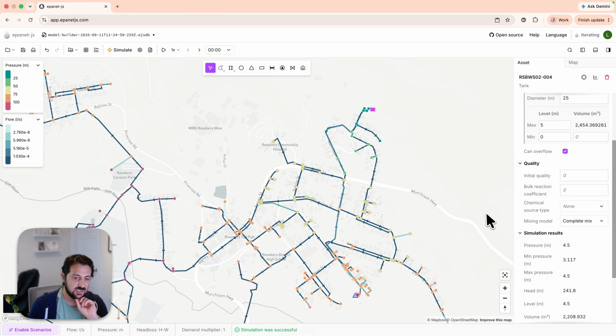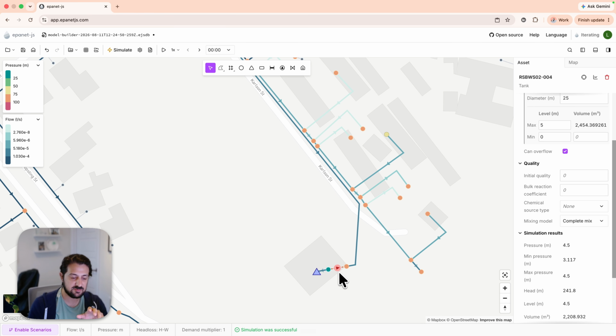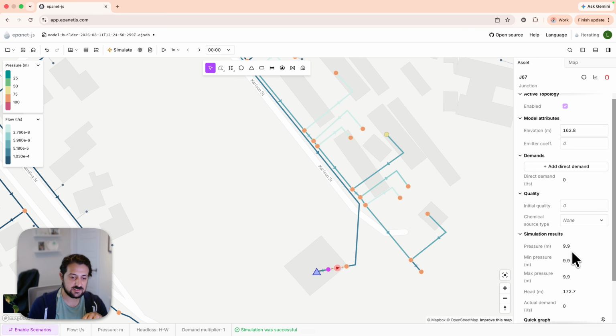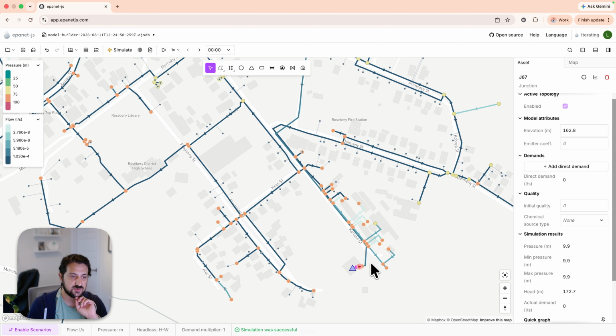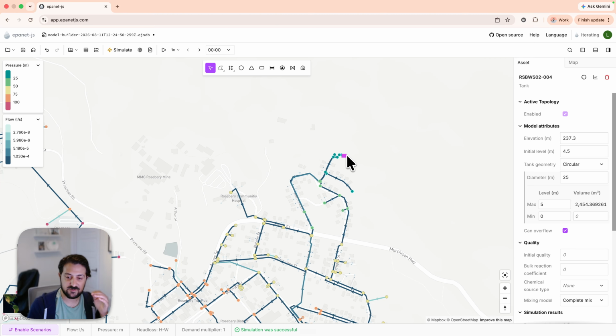What we're going to do is configure this pump to work, both make sure it has appropriate pump size and that the controls work. For this, we can see just upstream of the tank has about 10 meters of pressure. And what we're going to do is calculate the head difference between what the pump has and what the tank is to figure out how much head we need to add to get up to the tank.